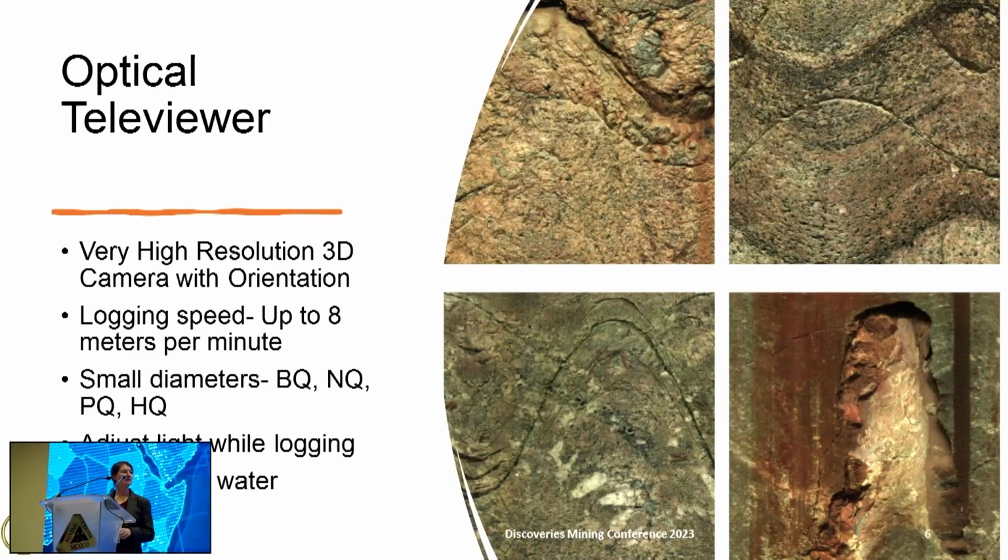And that can be really important because you're able to collect some data in situ, collect that fracture orientation information in situ and avoiding oriented core that could be rubbleized in a box. So you may not have intact core to get that oriented fracture information from. So it can be used in very small diameters, used up to 8 meters per minute. In logging speed, that depends on the resolution that's decided in the field and the tool that's being used. Optical televiewers need to be used, obviously, because it's a camera, need to be used in dry or clear water.